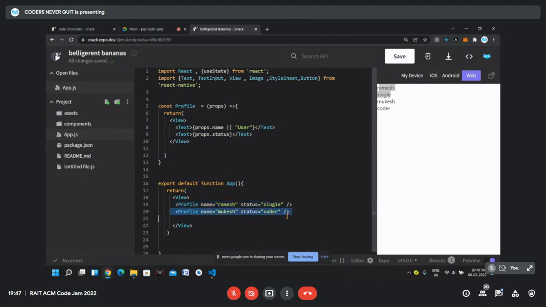So that's the advantage of component. We can reuse it, and that content here you can see it is dynamic. So that's the advantage of prop. Using prop we can make content dynamic. So we have created a component 1 time and we are reusing it 2 times. Okay, so